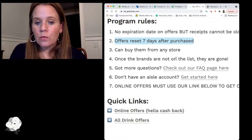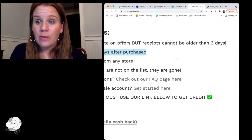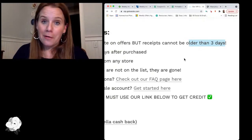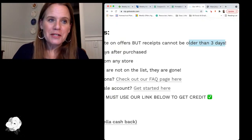They also have the rule that your receipts have to be submitted, I want to say, 3 days. Cannot be older than 3 days. So you would basically want to take a picture of your receipt right then. And I don't know if y'all can tell or not in my text message here, but just to show you this,